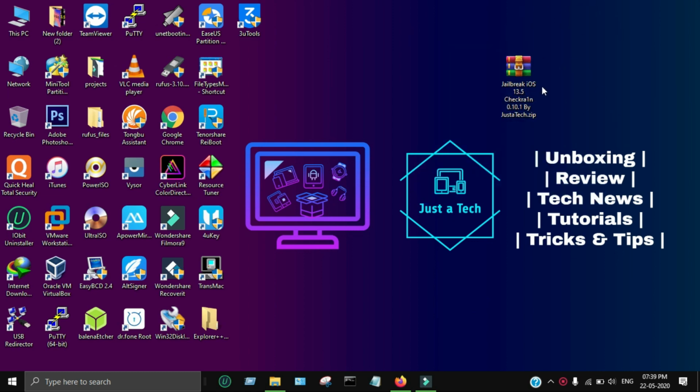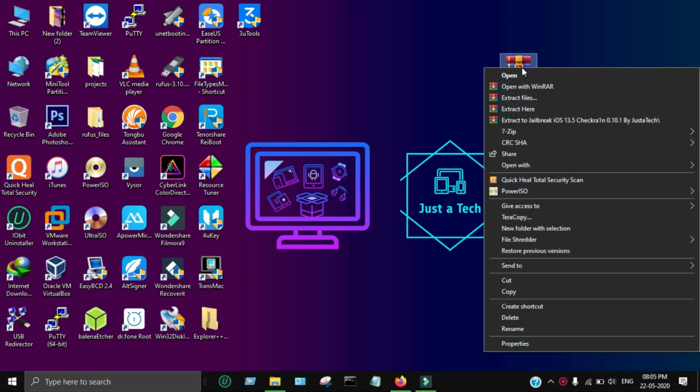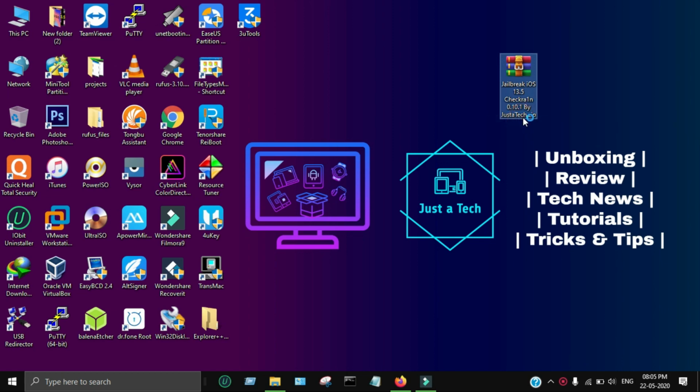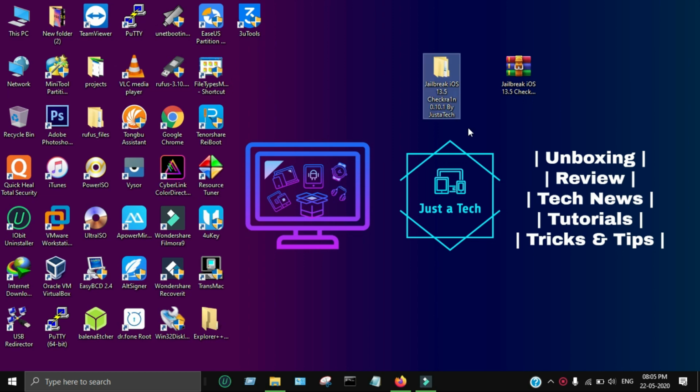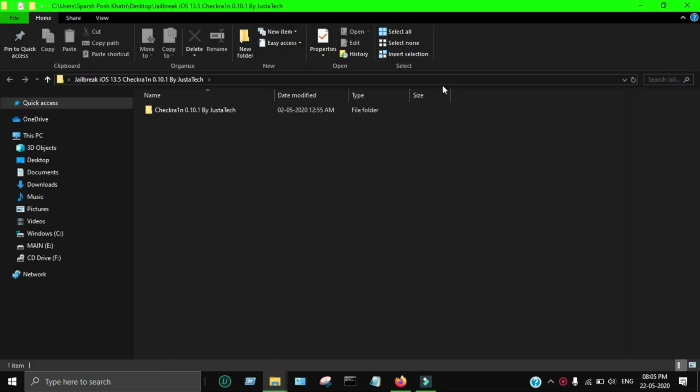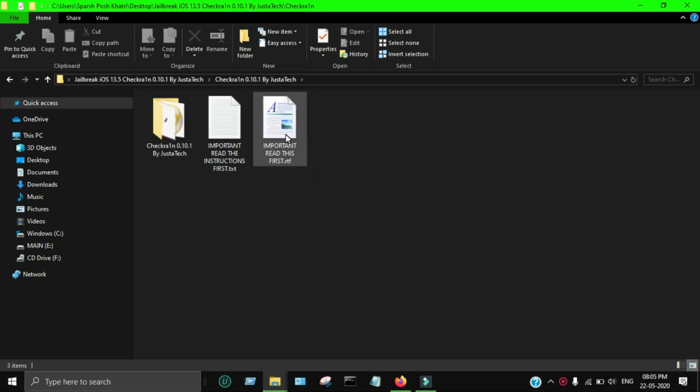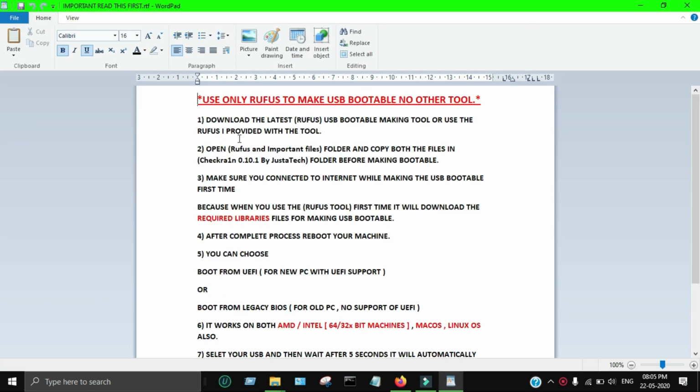So now let's come to the jailbreak section. You will get this file, link in the description. You can download from there. First you have to extract it, and after that you will see the folder. Just open it. So let me first extract it. As you can see, we got this folder. Just open it, and after that you will see one folder again. Just open it again and you will get the two readme files. It's the same, you can read the files, one in text format, another in Word format.